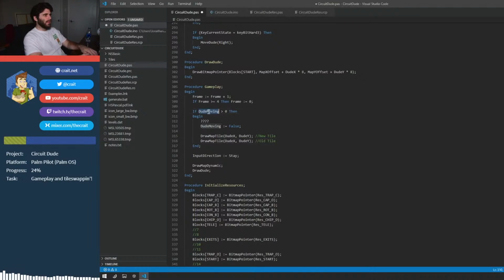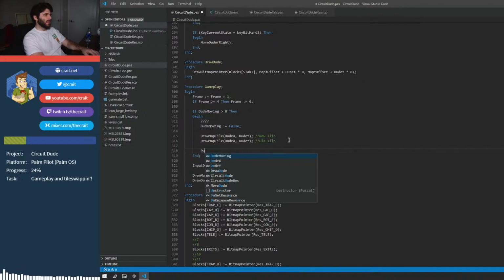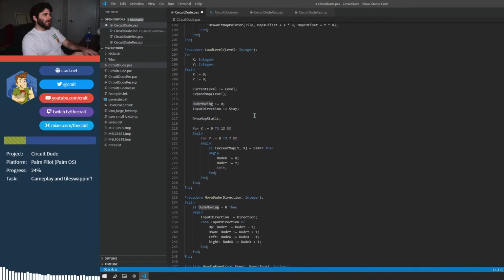So dude moving, if it's greater than 0, then we're going to move him, and we only want to move it until it is 0. So we need to decrease dude moving by 1 every time that it's more than 0. And